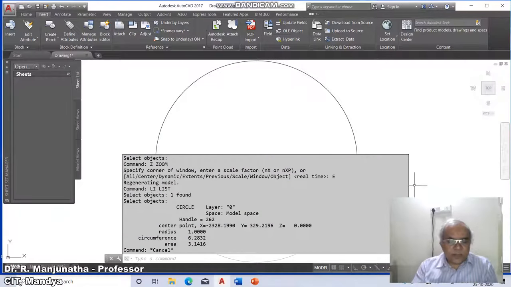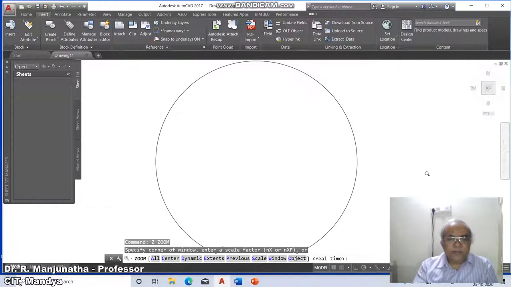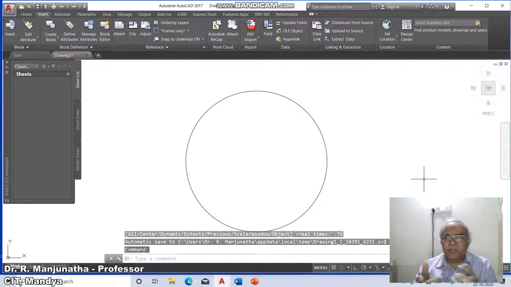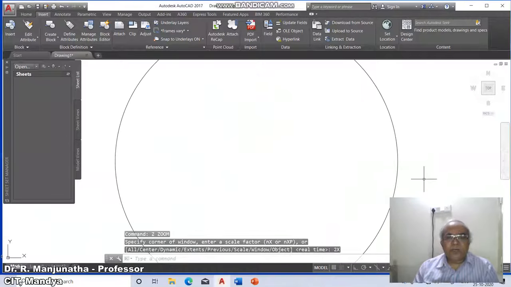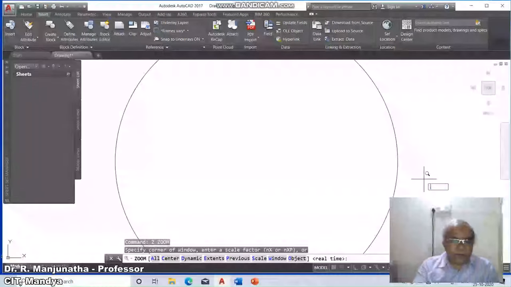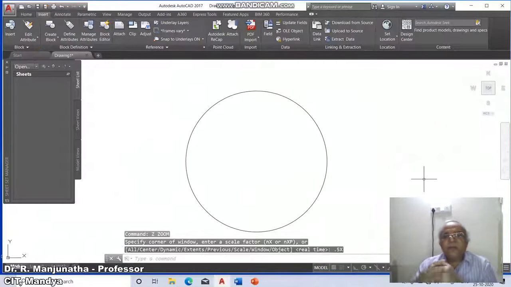Suppose you want to go back, you say zoom 0.5x. This is reducing the scale factor. If you give more than 1, like 2x, then it comes in. So twice means it comes in, and if you give 0.5x, it goes back. So this is how we are able to use the zoom command.